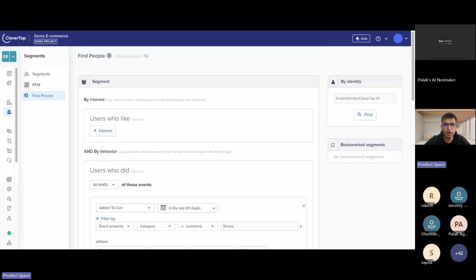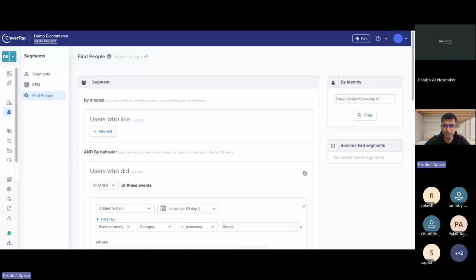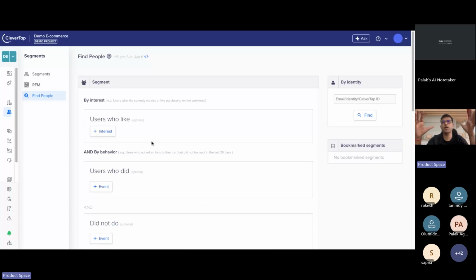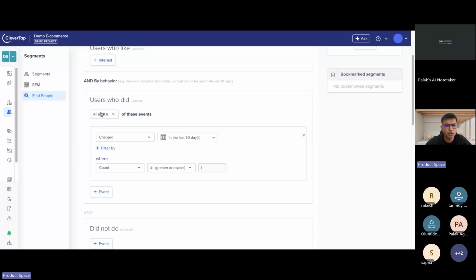Okay. Now let's do one quick exercise again. Now what we're going to do is create a segment of inactive users, which means users who were active on your platform last month, right? Which means who have opened your product or app in the last 30 to 60 days, right? So now let's look at this segment wherein we can see app launch. Okay. And in the last, it's not working. Okay. In the last